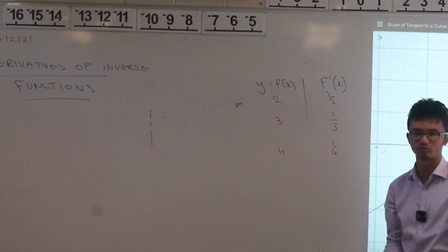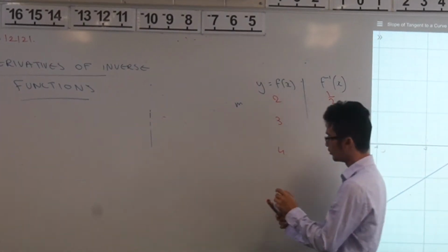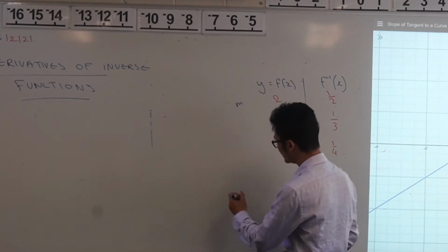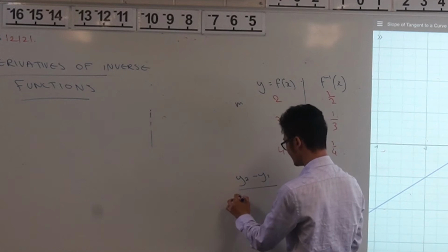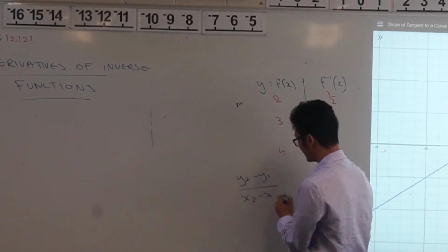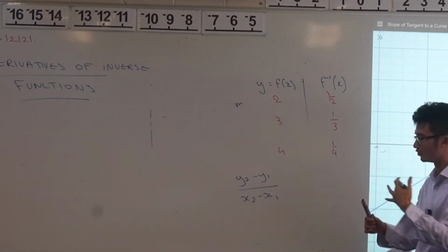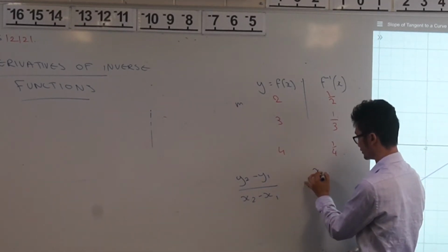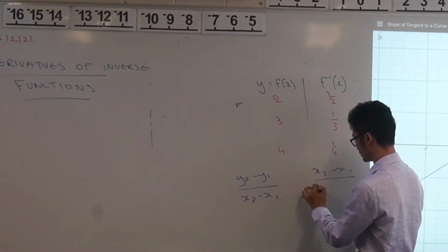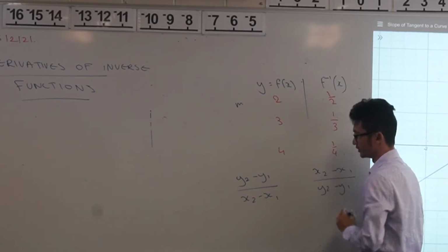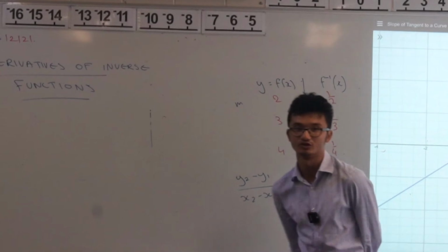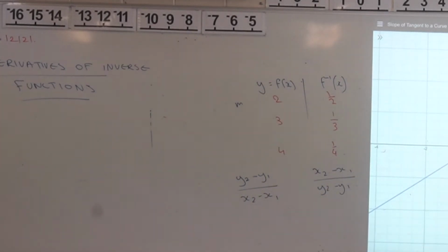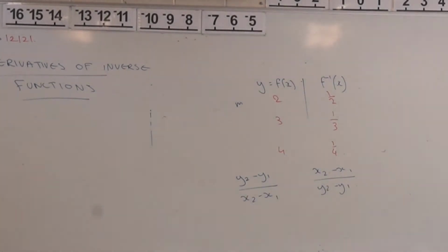And we shouldn't be particularly surprised by this because, for example, what is our formula for gradient? We know that in general, our formula for a gradient, for a linear function at least, is something like this, right? So the rise over run. And if you're swapping corresponding x and y values, you're going to get something like this. You're literally just taking the reciprocal there, right? So that's kind of the relationship that exists between these originals and inverses. But what I want to focus on is finding the gradients of these inverse functions,